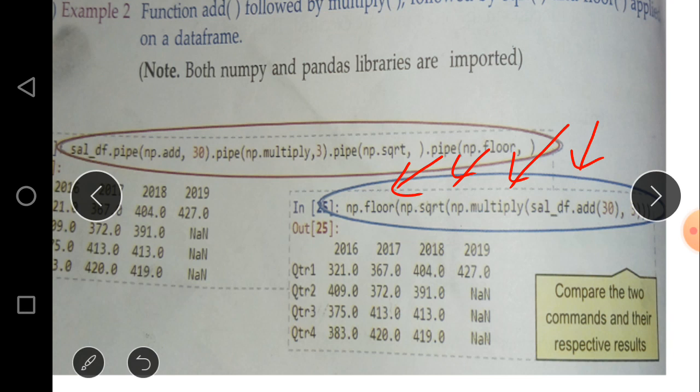So using the pipe command we can write it as saldf.pipe, with add first, then multiply, then sqrt, and then floor. So there are two representations. The first one is the mathematical representation, and the second one is using the pipe function.